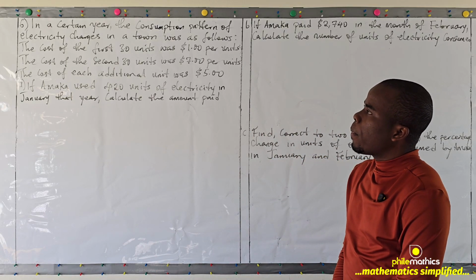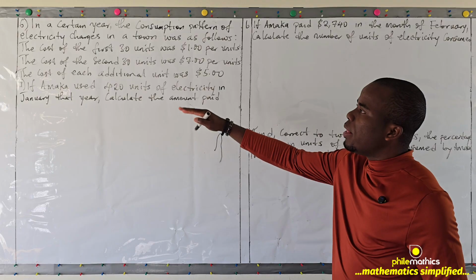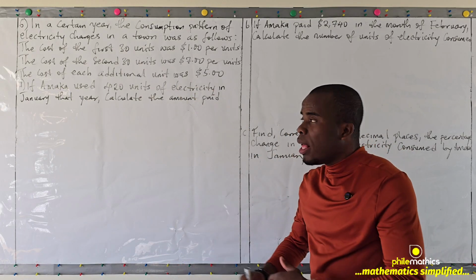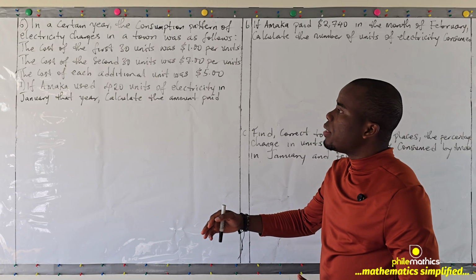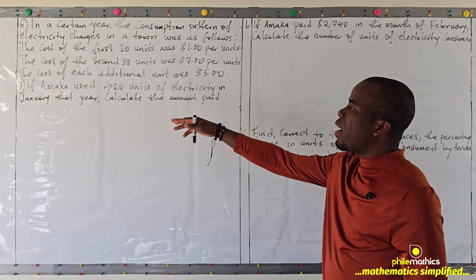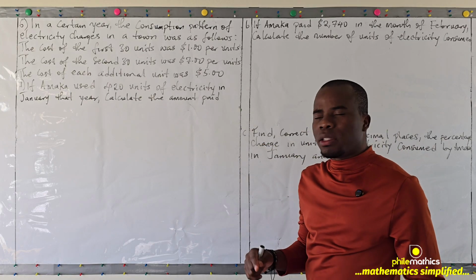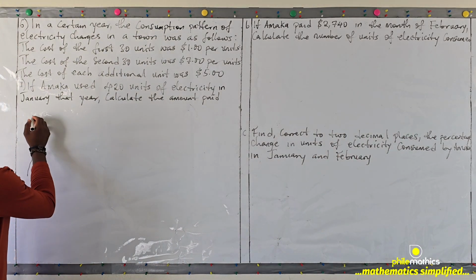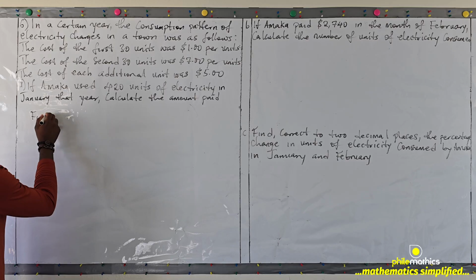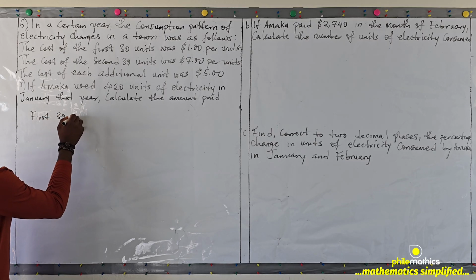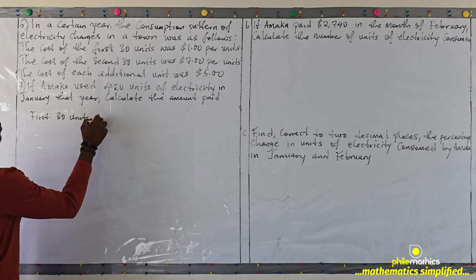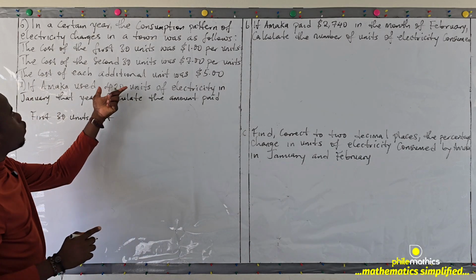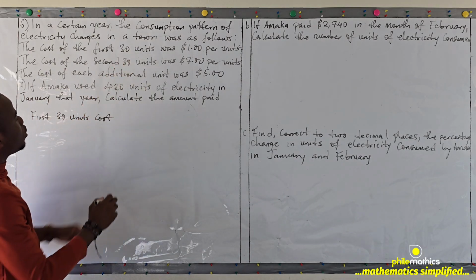Okay, now let's start by listing out the cost of the first 30 units, then the second 30 units, and then we go ahead to find how much Amaka spent in January. So the first 30 units cost, and since she used 420 units,